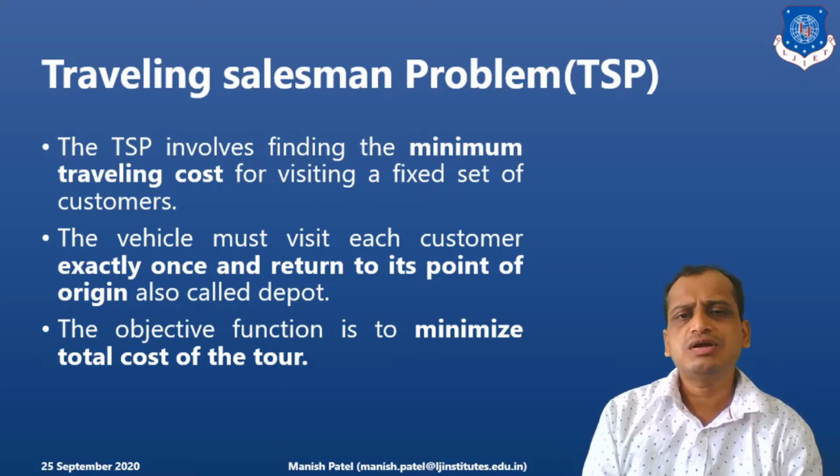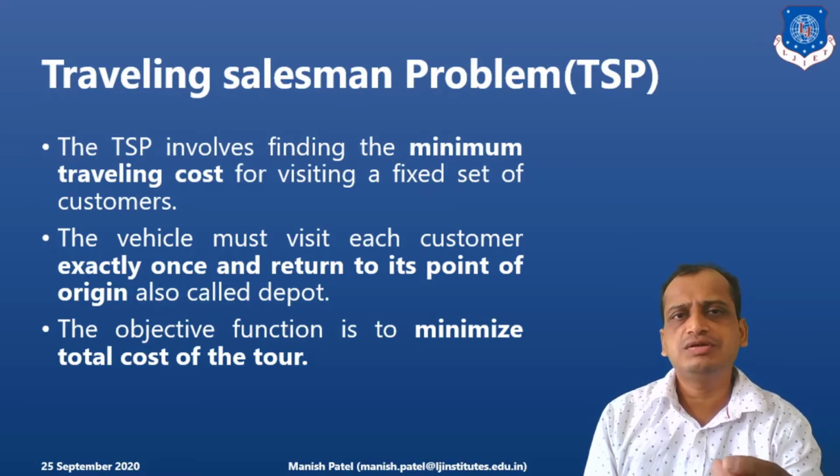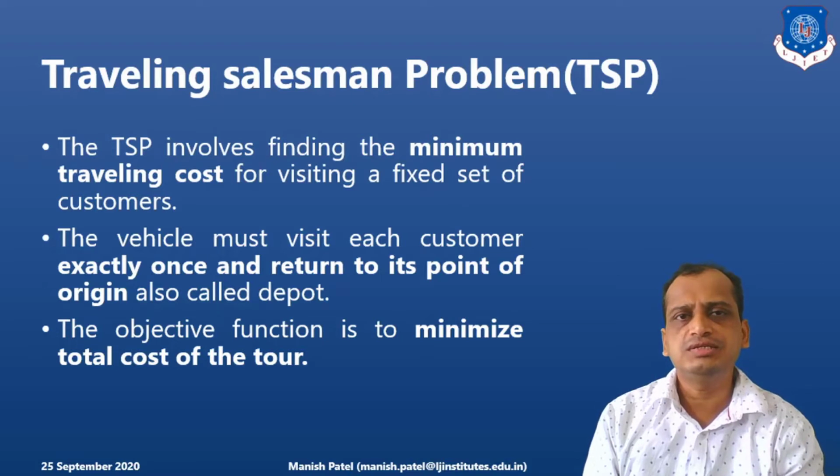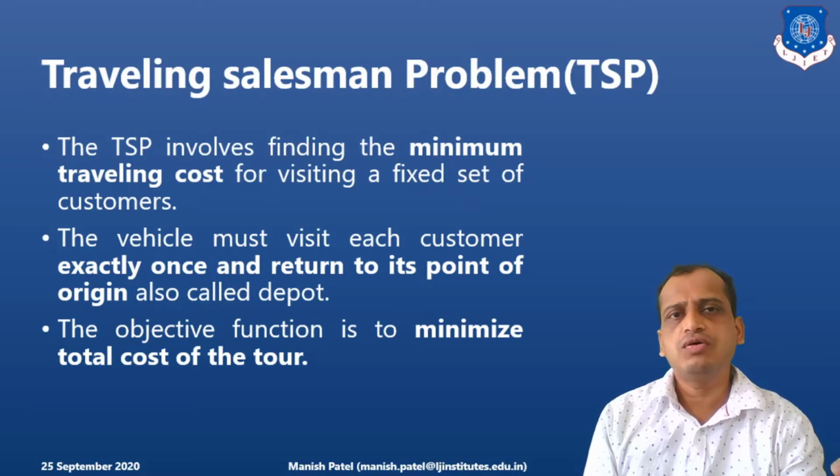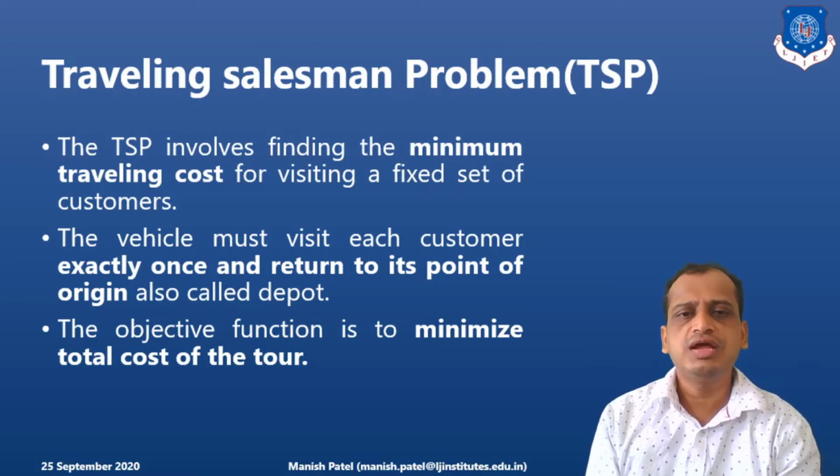The traveling salesman problem involves minimizing the cost. As the name indicates, a salesman will travel to each and every city. Let's say, for example, a salesman is traveling to roughly 10 cities of interest. The criteria here is he has to visit all the 10 cities one by one, minimizing the traveling cost. Another constraint is that he or she can only visit each city exactly once, and has to come back to the source where he started.